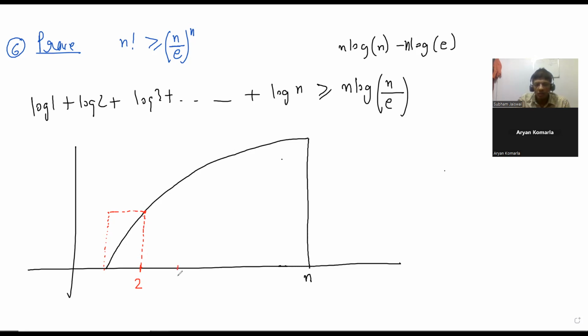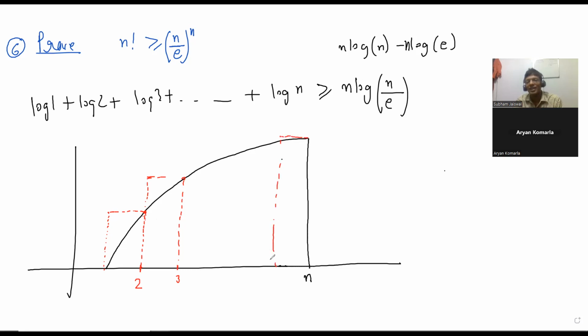Similarly, when you take 3, the area will be log 3. So now you know what is coming. This would be